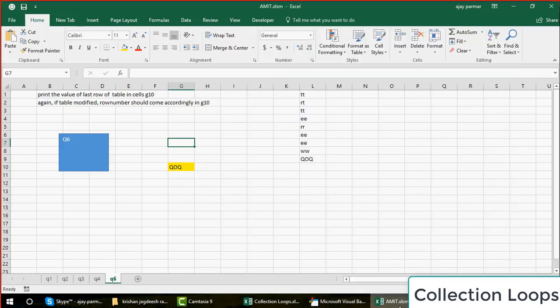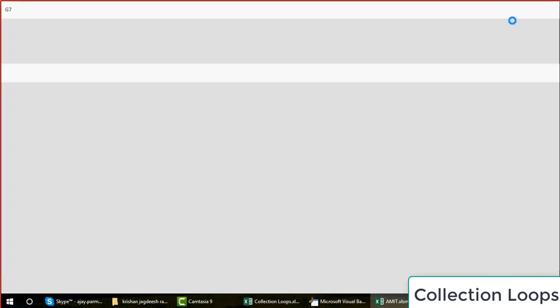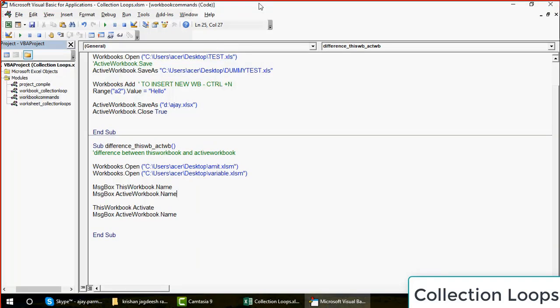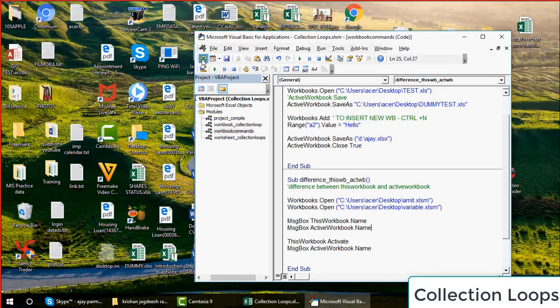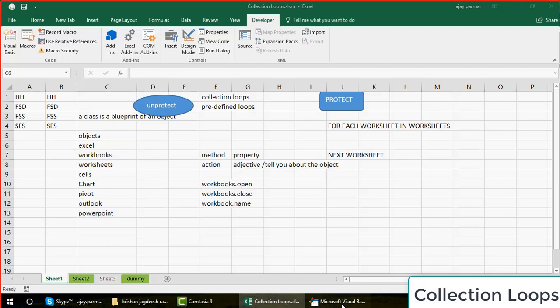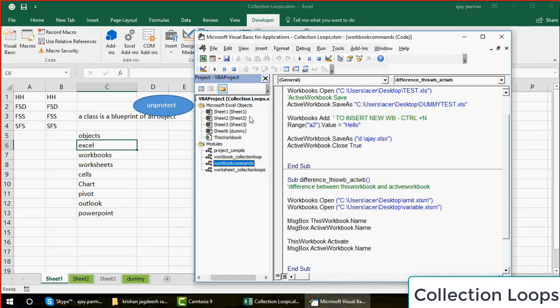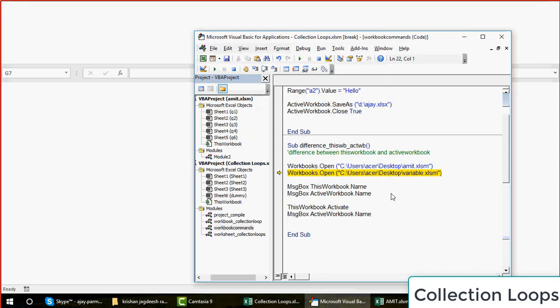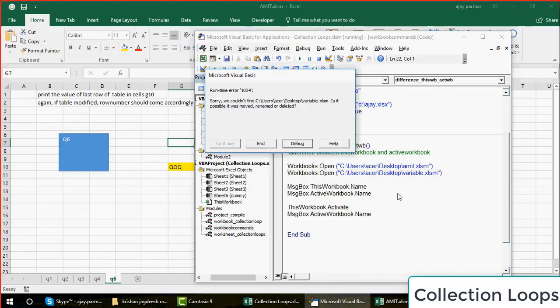Let me close the file. Okay, so let me go to this Excel also. Now let us go and run the code. So I go and open the file. You have Amit file open, you have variable file open. We couldn't find this file and the name is coming.